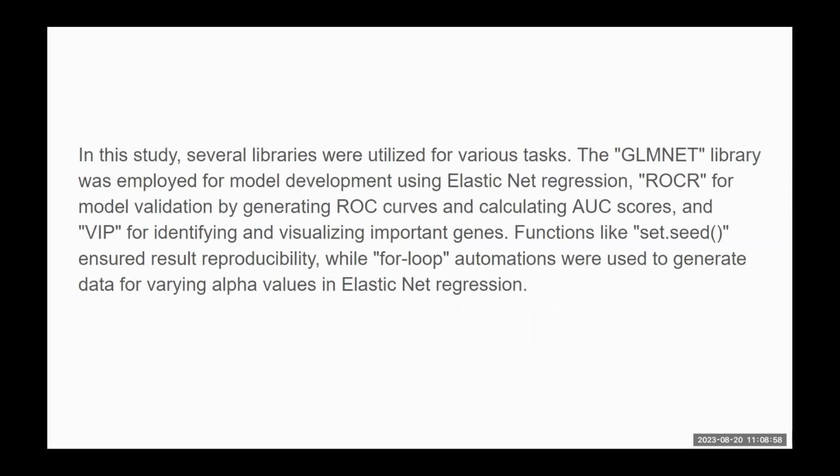The glmnet library was employed for model development using elastic net regression. ROC curves are for model validation, by generating ROC curves and calculating AUC scores, and VIP for feature importance, like reproducibility, while populations are used to. I also use the performance function as